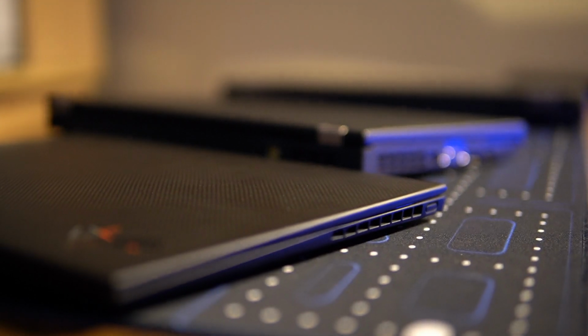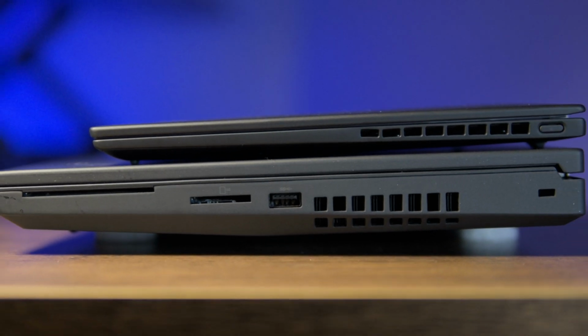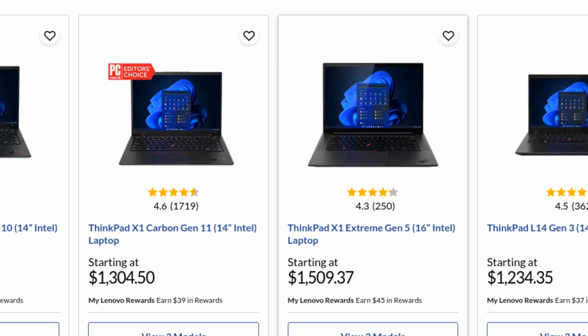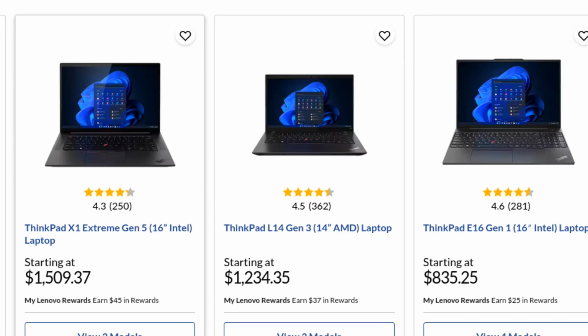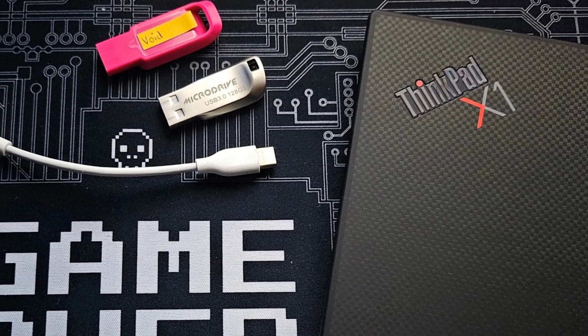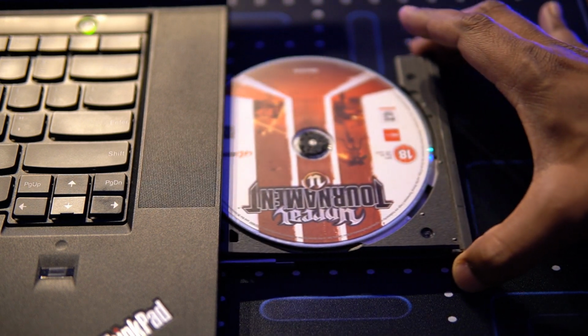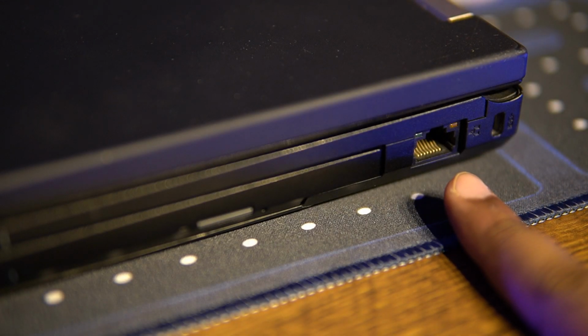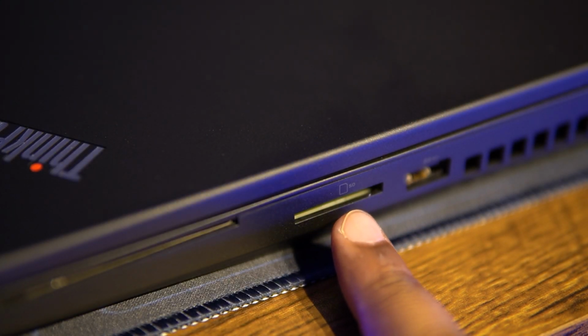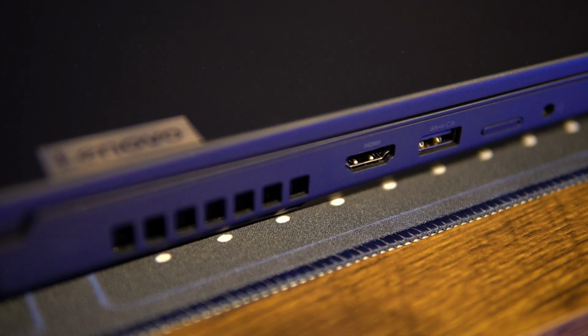ThinkPads have been getting lighter with every successive generation. The ones suited for professional workstation users may still be thicker and heavier, but an average ThinkPad isn't even remotely as bulky or monstrous as they once used to make them. With smaller and lighter designs, the obvious thing ThinkPads, just like most other brands, have lost are external ports. We do not have DVD drives anymore, but things like a full-sized Ethernet port are also unavailable on most but a few models. We've lost SD card readers, ports to connect external monitors like the DisplayPort and HDMI ports, and